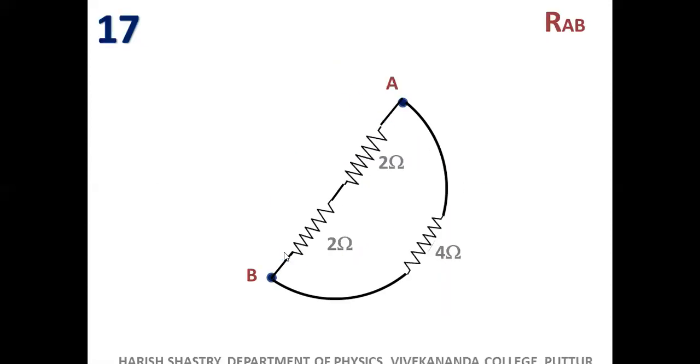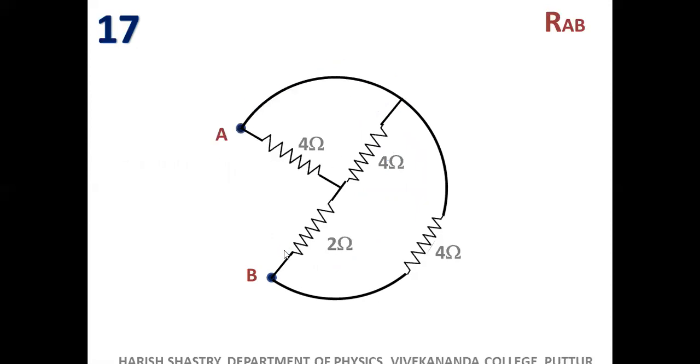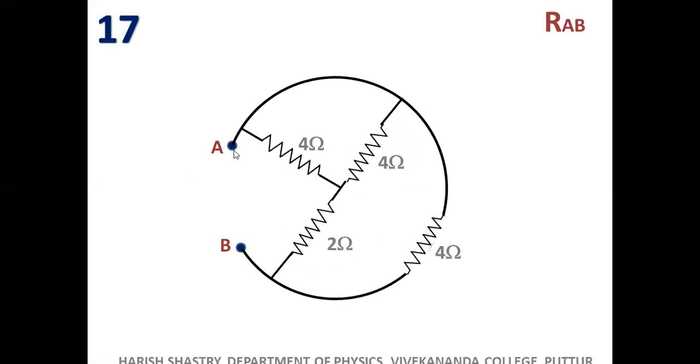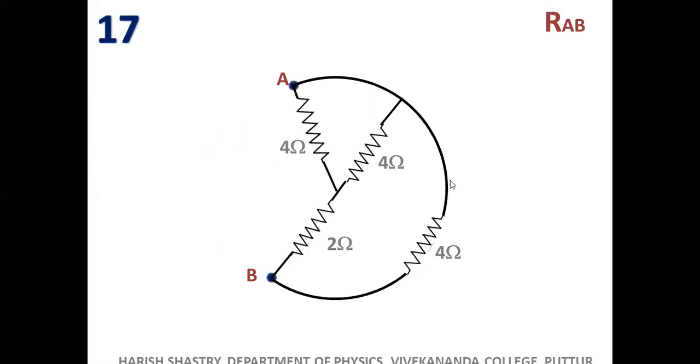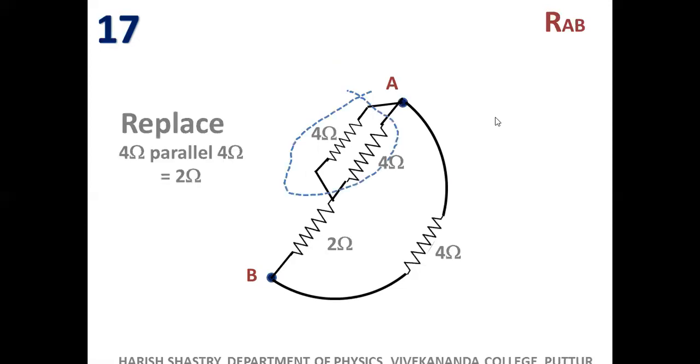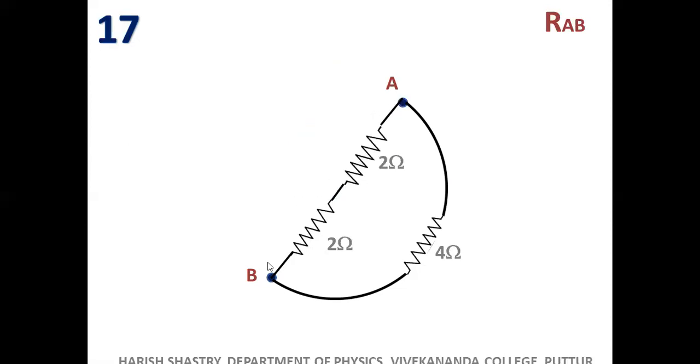So we didn't lose A and B anywhere. See here. At any cost, you shouldn't lose A and B, right? So A is here, B is here. You can shift A here because in between you don't have anything. You can shift B here. So I will shift A here, B here. So we didn't lose A and B. And this is 2 ohm. Yes, replace it by 2 ohm. Still we have A and B. 2 plus 2, 4 can be shifted and can be connected between A and B. Again we have A and B. Now 4 parallel 4. It is 2 ohm.